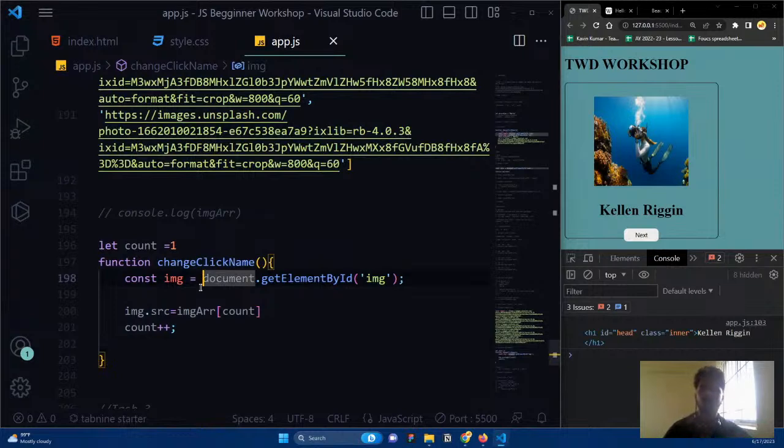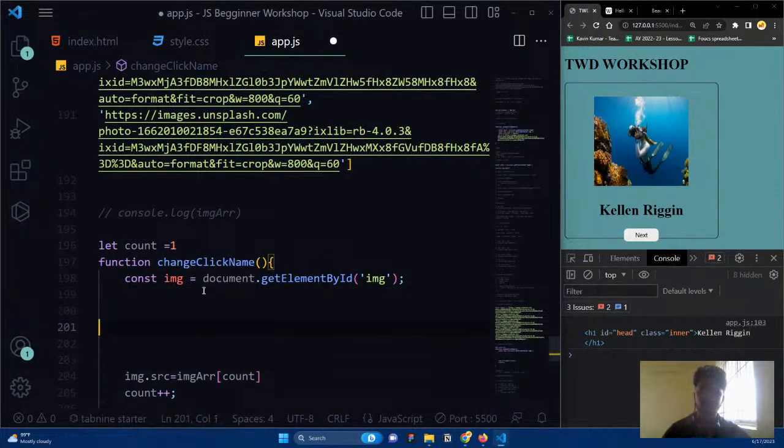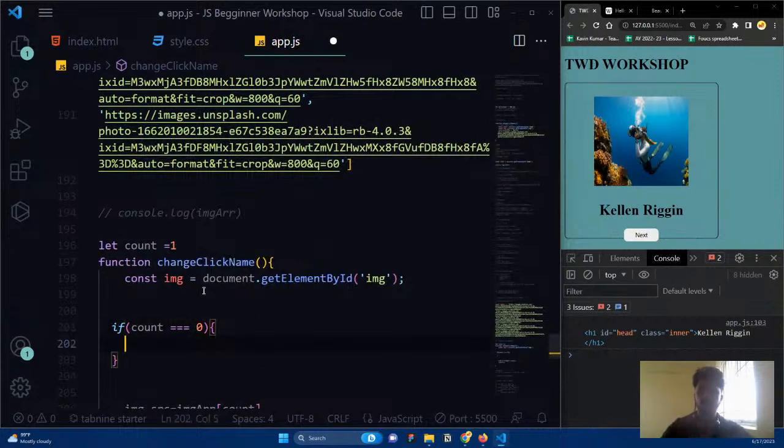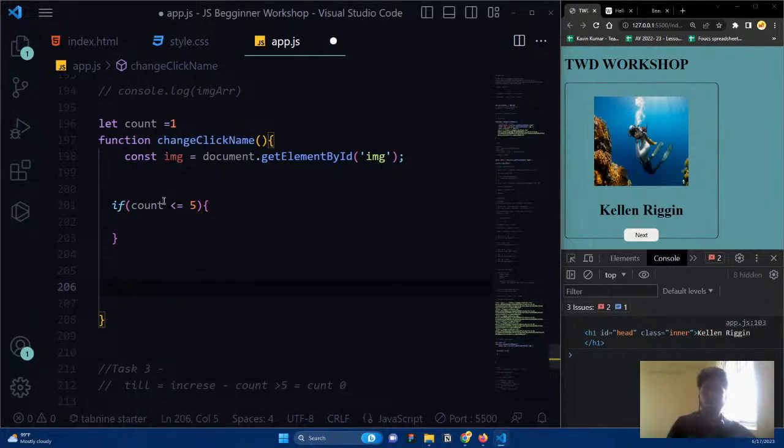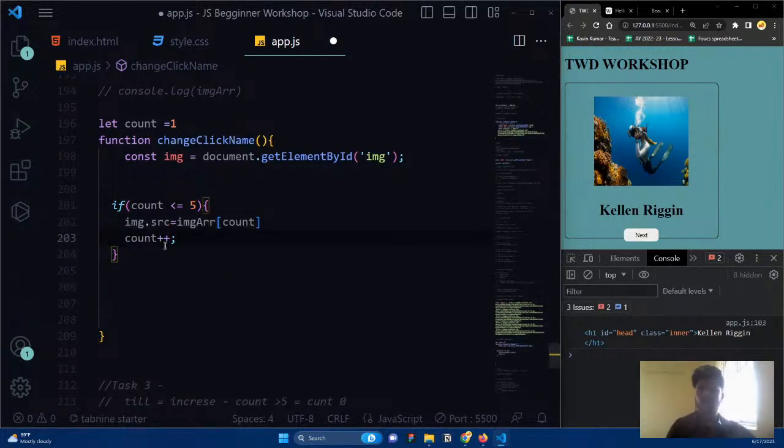So let me add an if else clause here. If the count value is not equal to 0, sorry, if the count value is less than or equal to 5, it can be less than 5 or equal to 5, but it should not be greater than 5. If it's true, then run this one. But if the count value is going to be greater than 5,